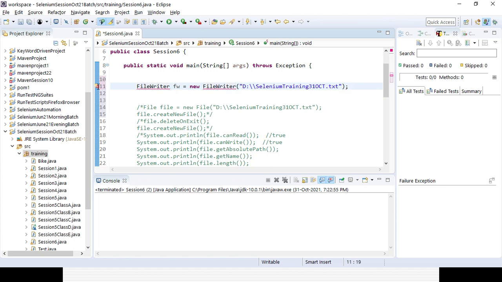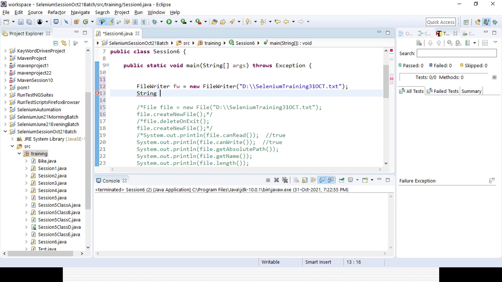Now suppose you want to write something. I create a String variable, writeData, for the data you want to add.